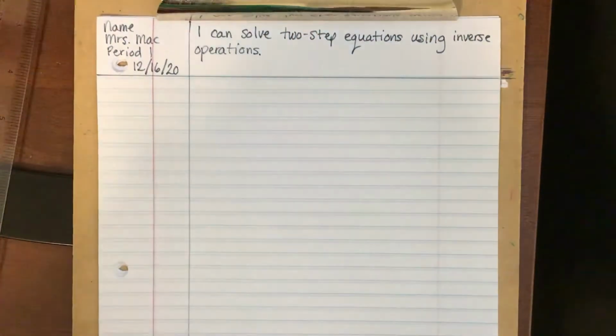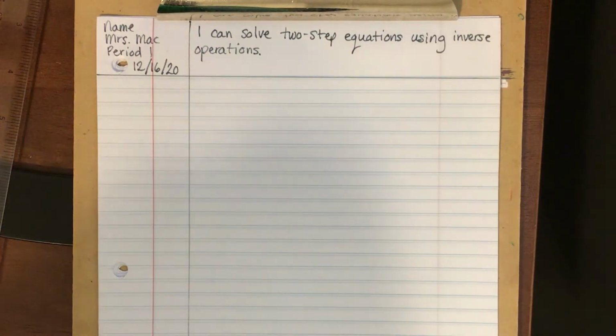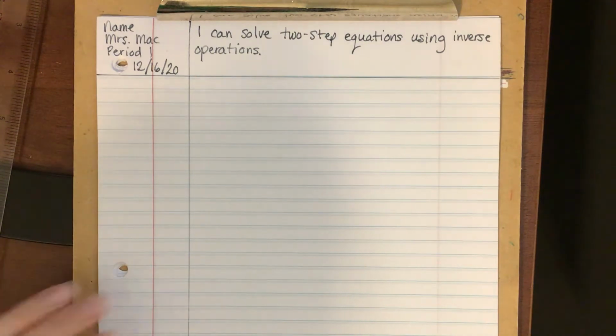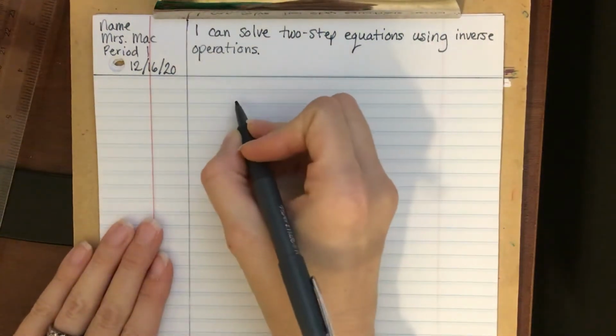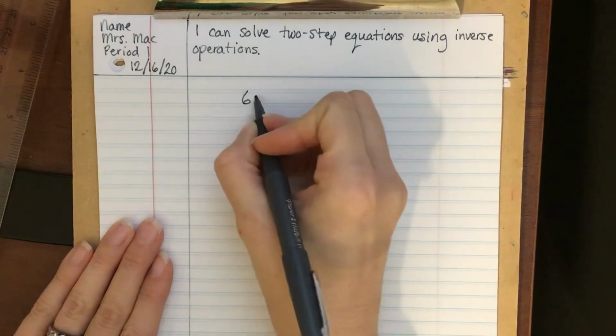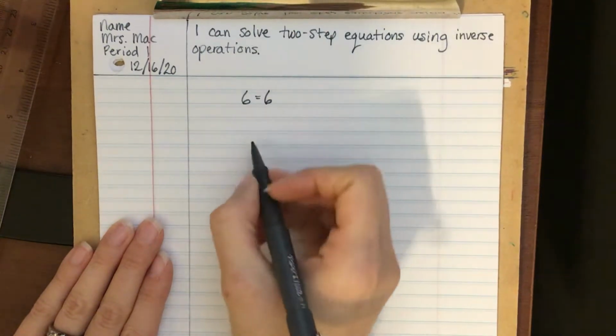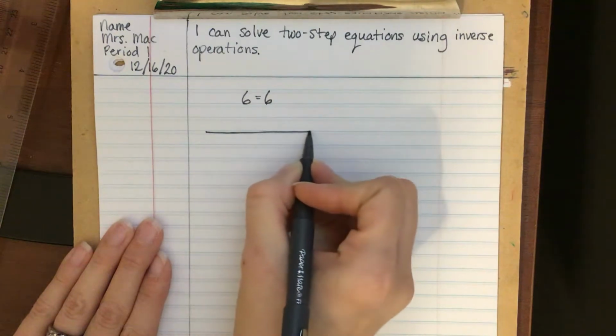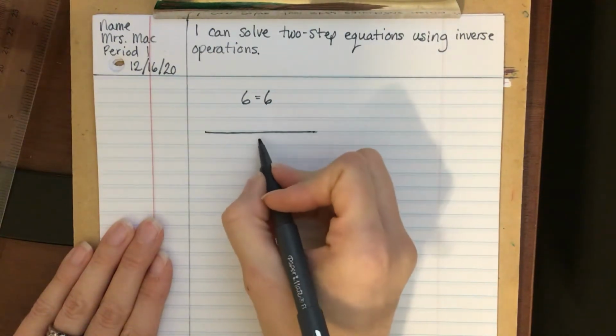Okay, before we get too heavy into inverse operations, I want to talk about the balanced equation. You have to think of an equation like a balance. So let's show what that looks like. So let's say that